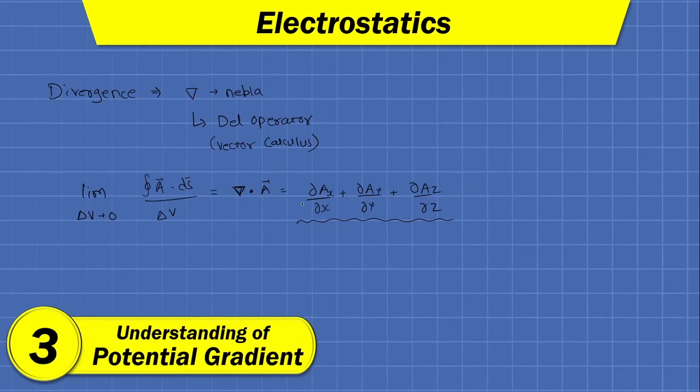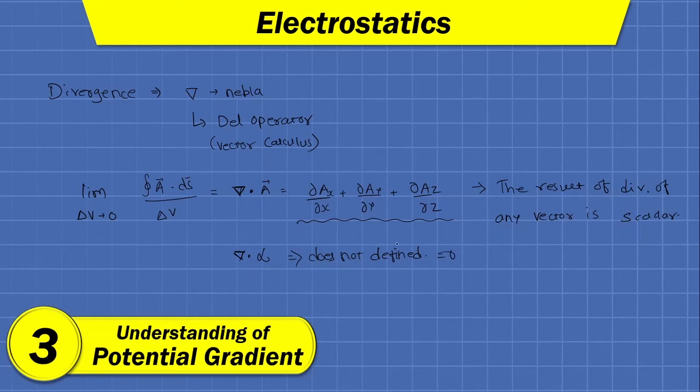So we can say that the divergence of any vector field is a scalar. The result of divergence of any vector is scalar. Now the divergence of scalar is not defined. So if you want to find nabla dot alpha, this is not defined, or we can simply say it is 0.